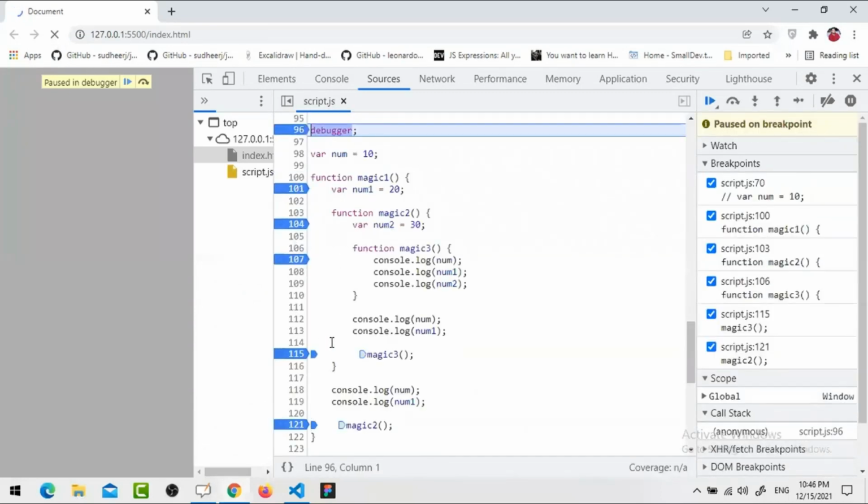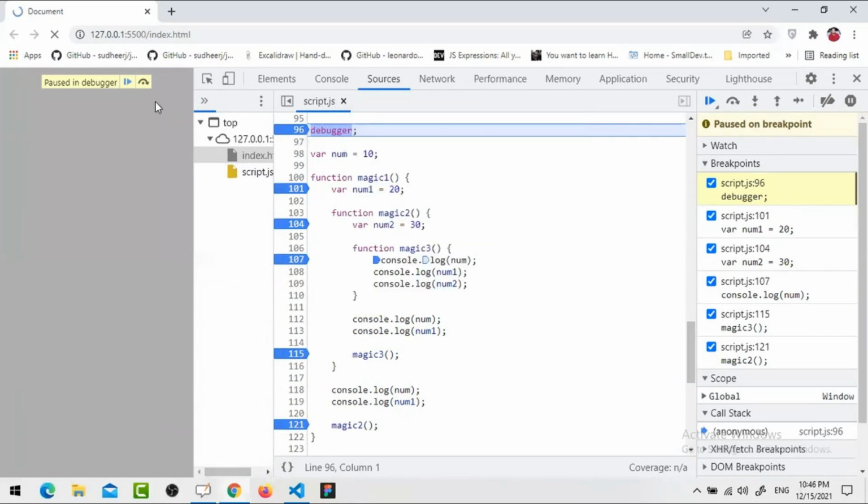We'll complete this example, and still I think one day it will take to complete this scope. We are not yet done. I'll just explain this scope chain, or you can say the nested scope, how it will work. We have seen that lexical scope is supported in JavaScript. Dynamic scope is not possible. Another thing is the